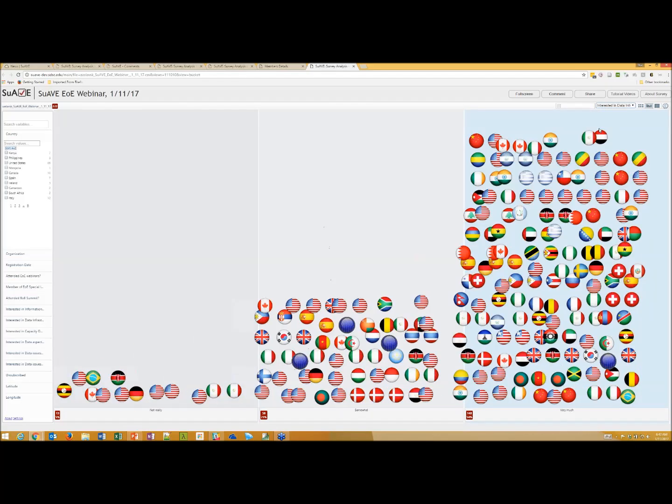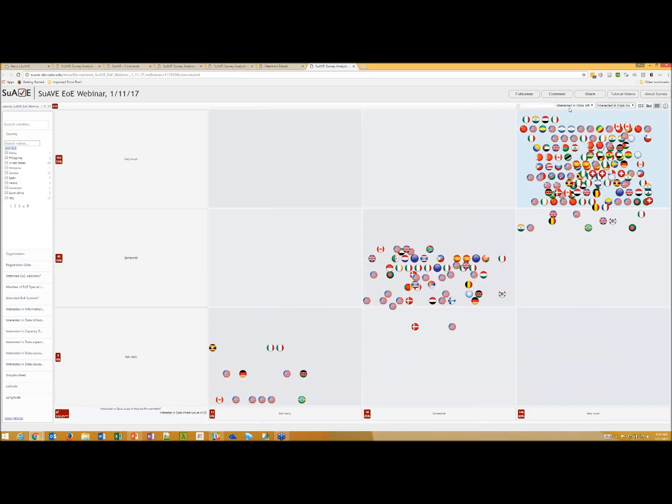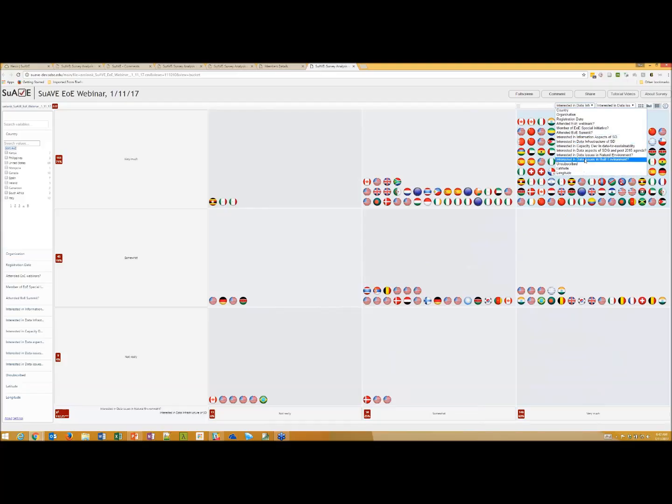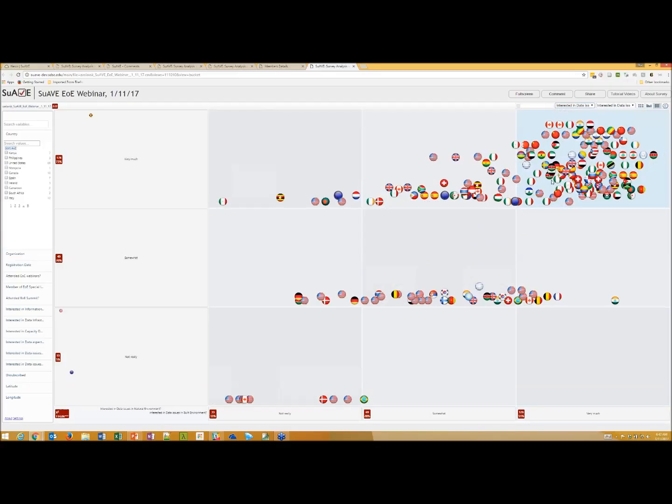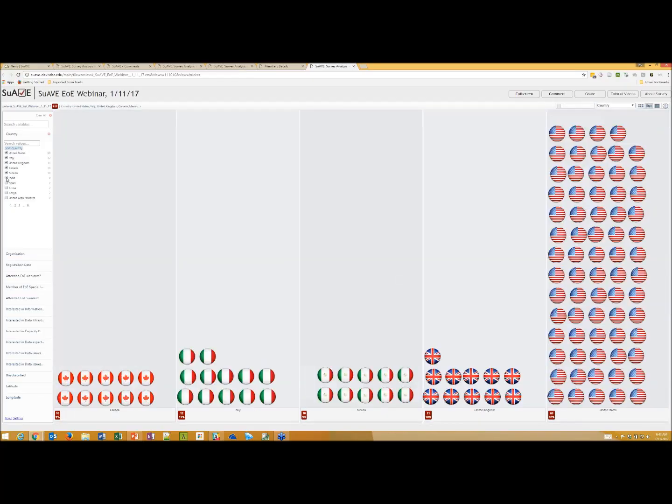Of course, you may try to see what is the relationship between, let's say, people who are interested in data issues for natural environment and people interested in built environment. And there are certainly groups who are very interested in one and not interested in the other. And you can see which countries they represent. Or you can look at distribution by countries, and let's say I will select those countries that have the highest number of registrants so far,